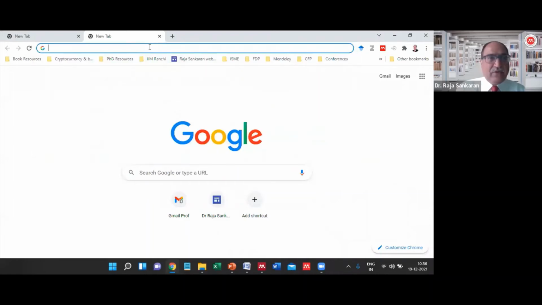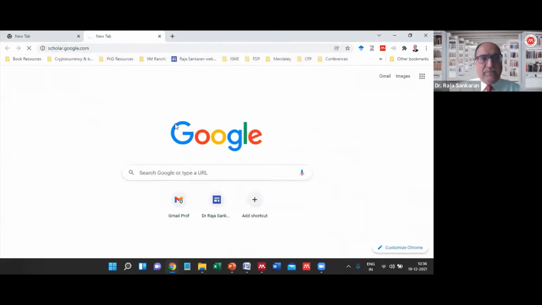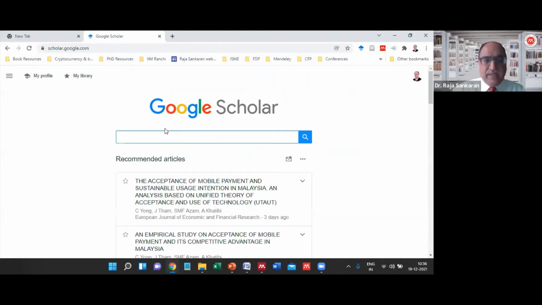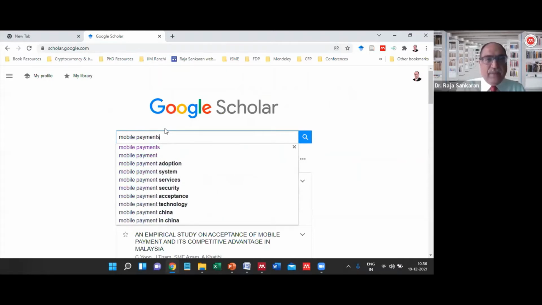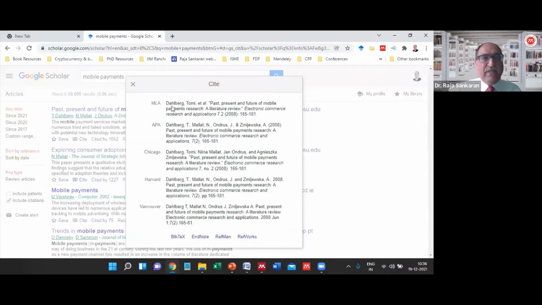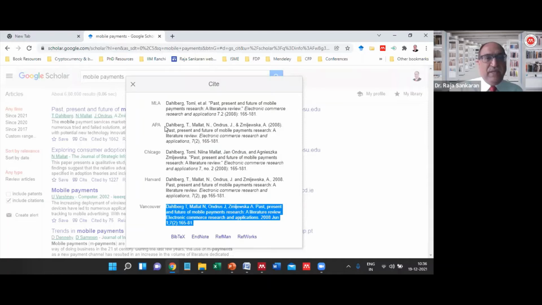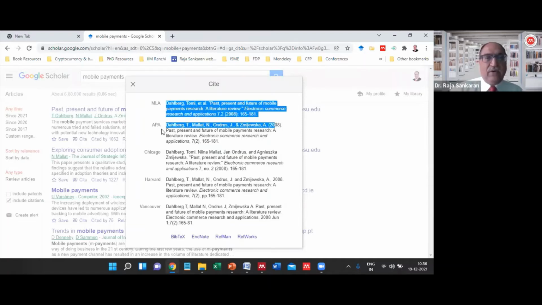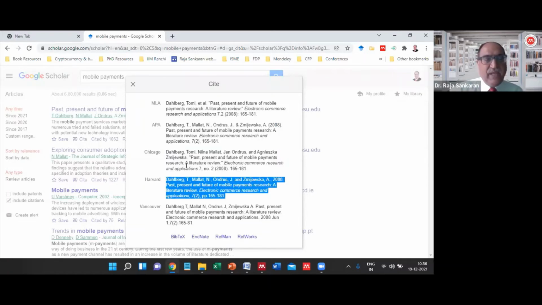Say, for example, I go to Google Scholar. I search for any of this. Say, I'm just typing it. For example, the very first one that I use here, if I click on this cite, it gives various information: MLA, APA, Chicago. And what scholars might do is they can simply copy from here. They could copy from the second one. They could copy from any one of them. So this is what mixing would be.